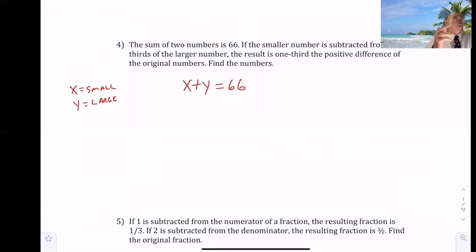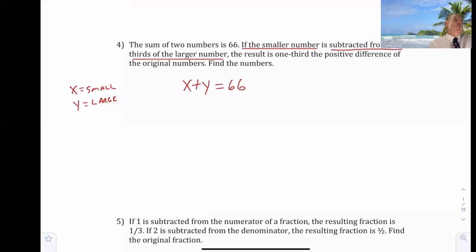Now you could do the letter S and L, right? But I hate S. All right. So here we go. The smaller number, if the smaller number is subtracted from 2/3 the larger number. All right, now that requires some thought. So only thinking people apply. X minus